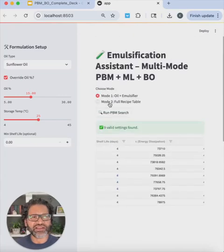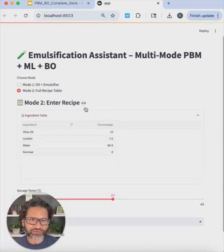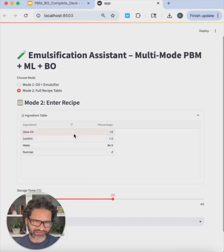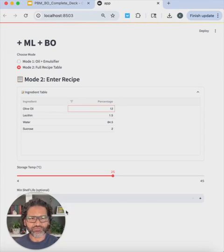Now let's go to the second mode. Here we have a full recipe table. The idea is you would enter a recipe. I have a recipe of olive oil, water, sucrose, and emulsifier, lecithin, each with a specific percentage. I can add other ingredients, or change the percentages if I want. I can adjust the storage temperature and also the shelf life, the same as we had here. Now if I run this,